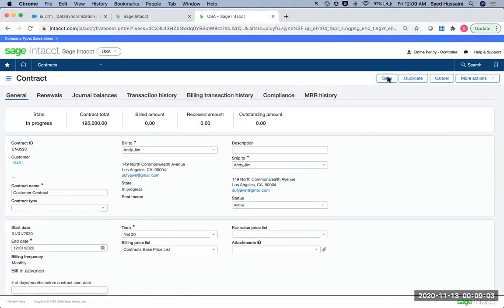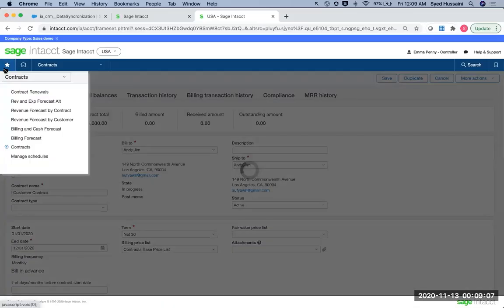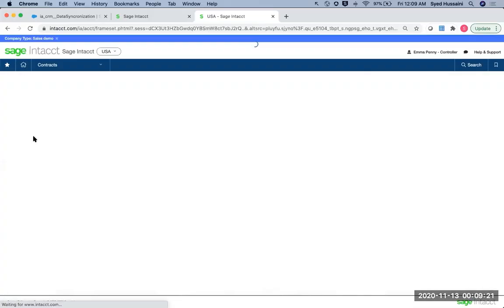So if I go ahead and save this contract now and come into my favorites here, what you can see is that I have a number of different reports that I've favorited here. One of the reports that I like to use is my billing forecast that allows me to get a look into my billing that I may have coming up. So if I go into my billing forecast here,